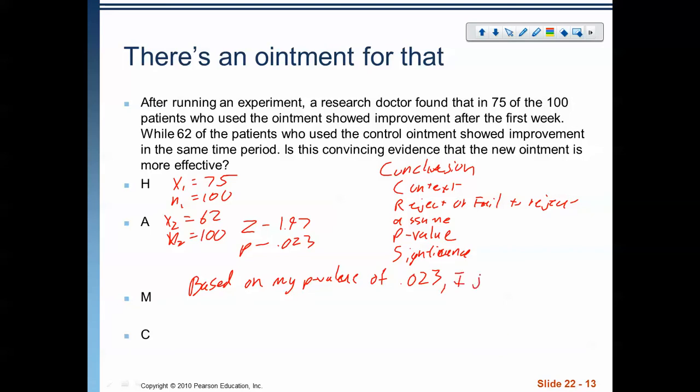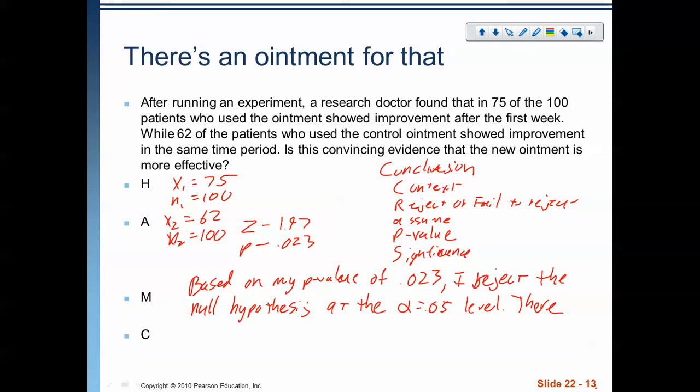I reject the null hypothesis at the alpha equals 0.05 level. There is evidence to suggest. Remember, we haven't proven anything. There is evidence to suggest